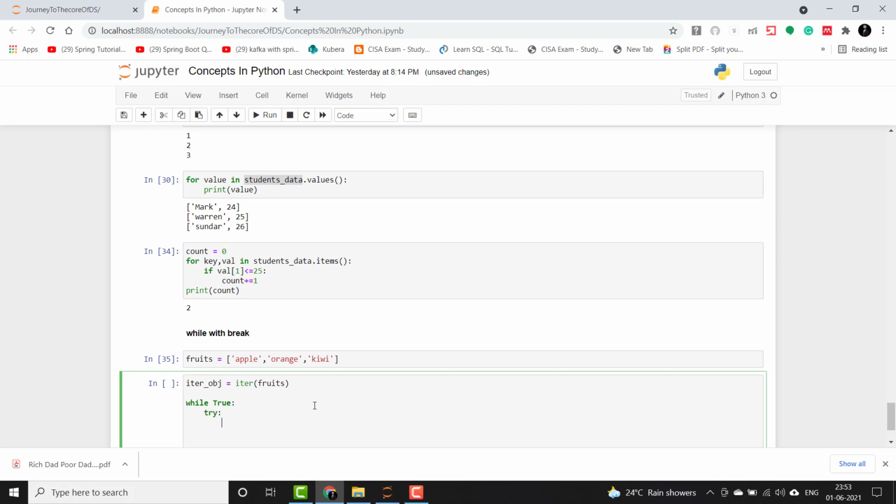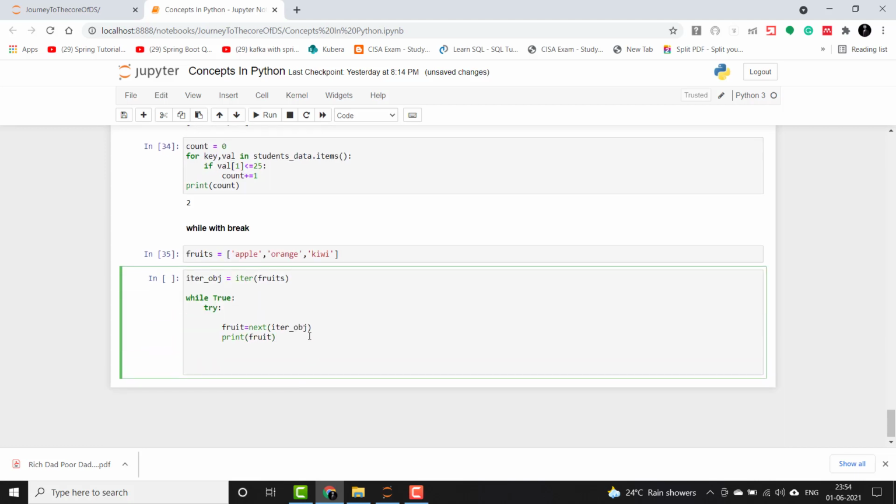Try is used to check for exceptions basically, and except is used to catch and handle it as per our needs. So we will see some of its elaborated examples in the session to come, but let's have an idea on that using this example. So just for giving you an example, I'm using it. Okay, so let's say that we have this fruit as the next element, which we have for this iter object, and we will print this each time just to know what is the next element.